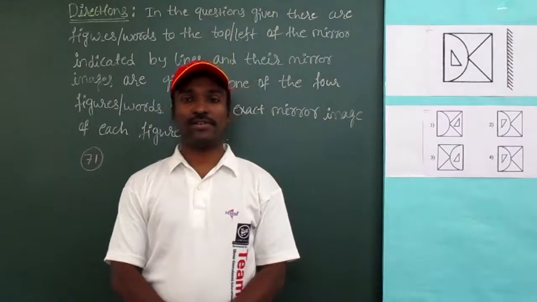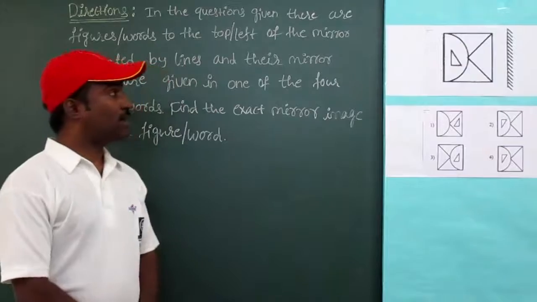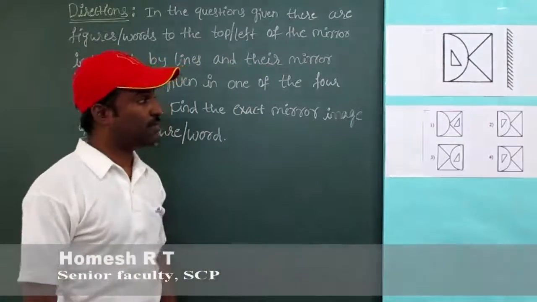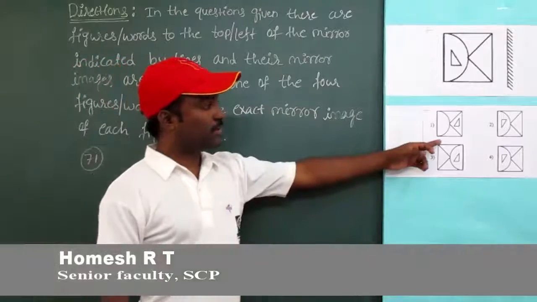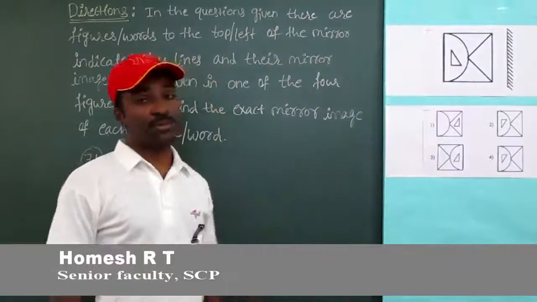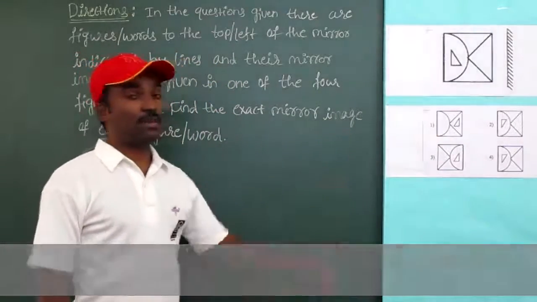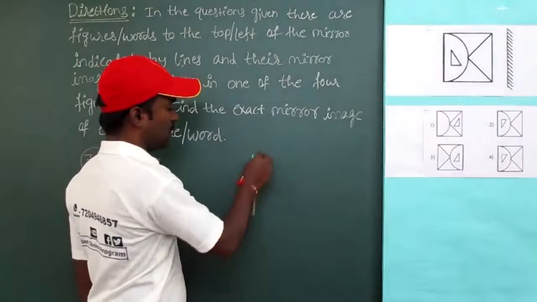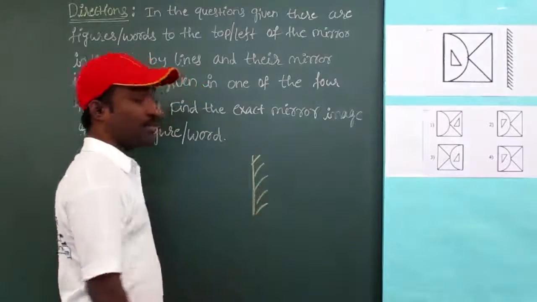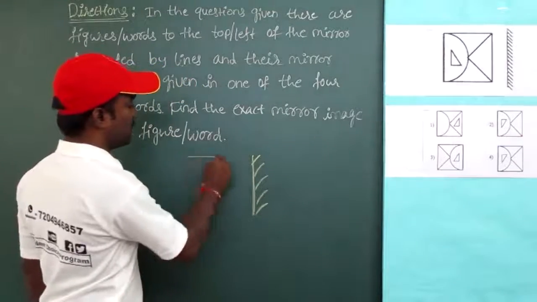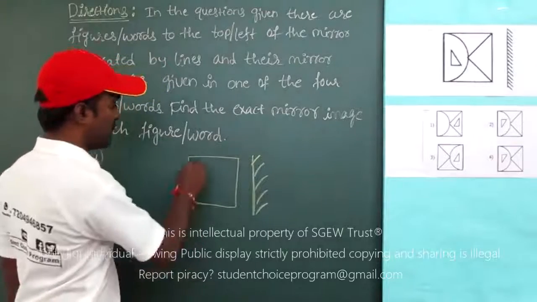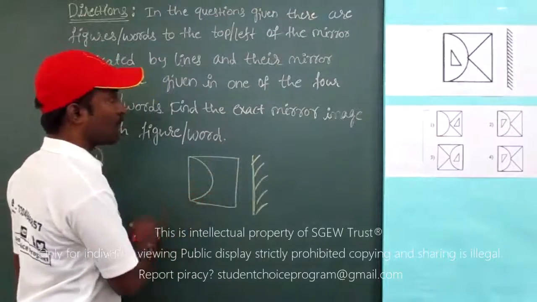Well friends, here is problem number 71 and here is a given figure and we have to find the mirror image of that figure, and 4 alternatives are given and we have to select one of the correct. In this example, the mirror is placed beside the given image. Okay, the mirror is placed like this and this is the given image,